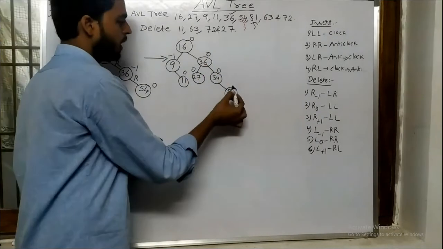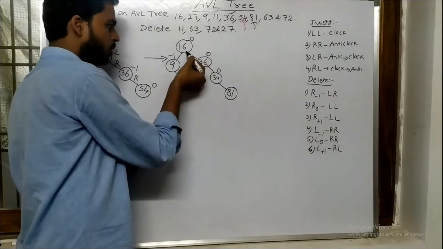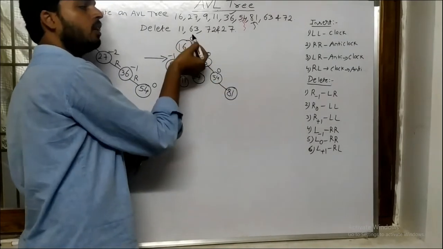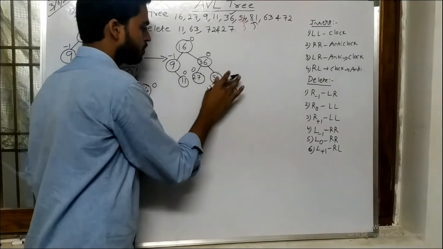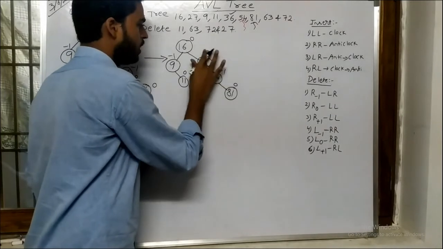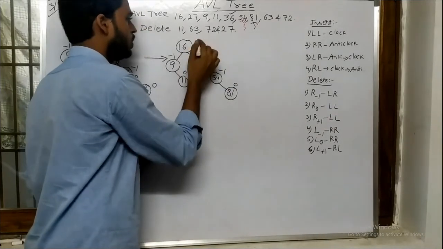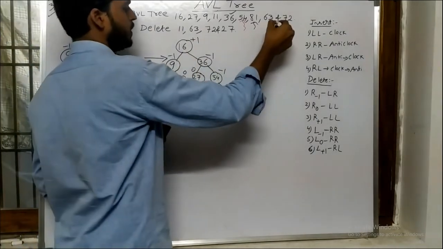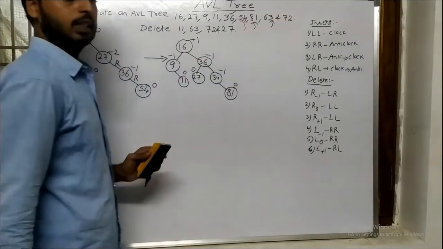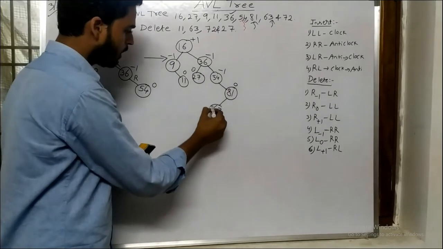After insertion of the node on the right side, from this particular node up to the corresponding root, I need to update all the balance factors. So 0, minus 1, 1, minus 2, minus 1, 1, 2, 3, 1, 2, so plus 1. There is no problem while inserting 81. Now if I insert 63, 63 will be inserted to the left of this one.